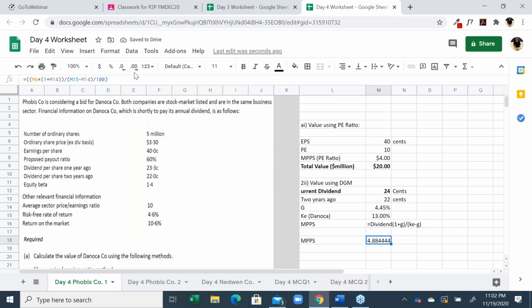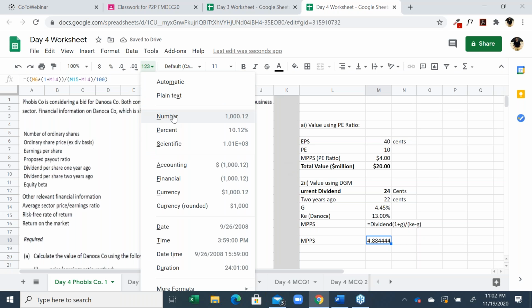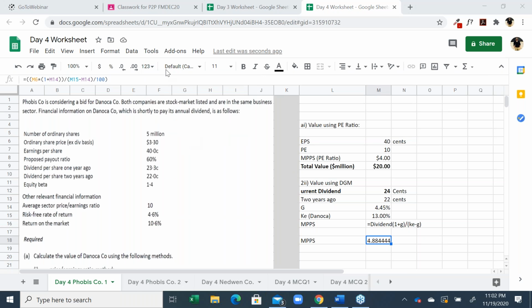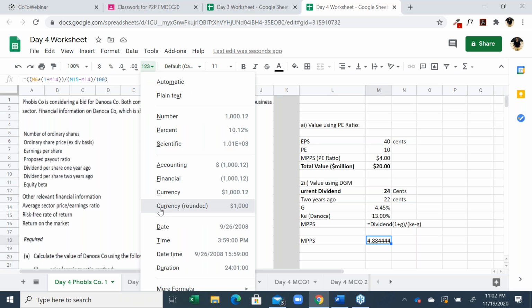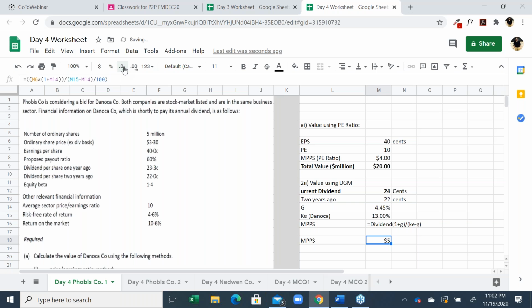So it's 4.88 per share, and the total value will be 4.88 multiplied by 5 million. So according to the dividend growth model, the value of the company is 24.42 million,